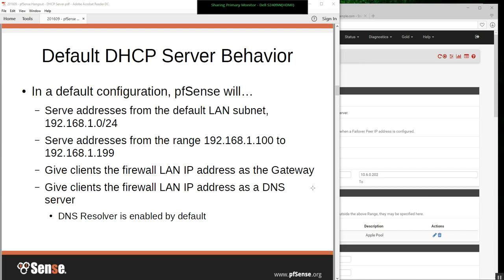Okay, so out of the box, factory default pfSense. On the LAN subnet, the IP address of pfSense is 192.168.1.1 out of the box. So it's going to serve DHCP on that 1.0/24 subnet. The default range is .100 to .199. It's going to give the firewall LAN IP address to clients as the gateway to use so that they will send traffic out through the firewall. And it's going to give them the firewall's LAN IP address as a DNS server because the DNS resolver is